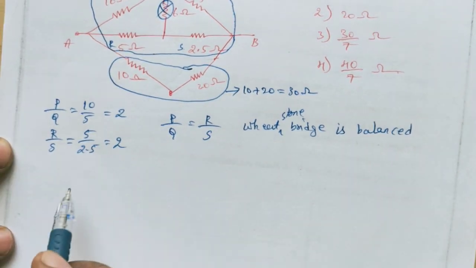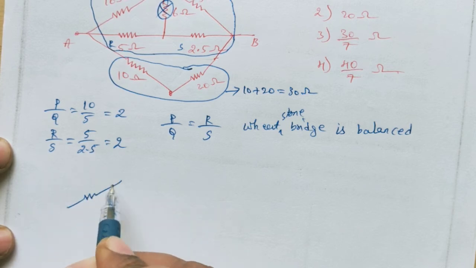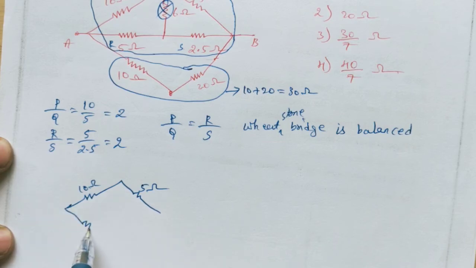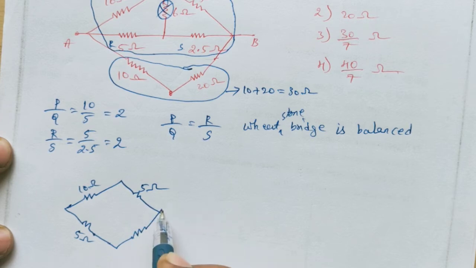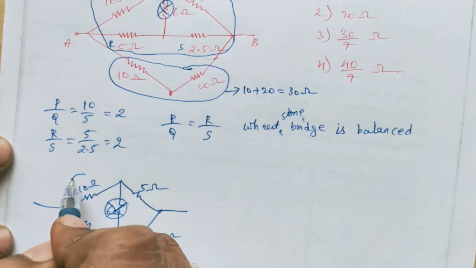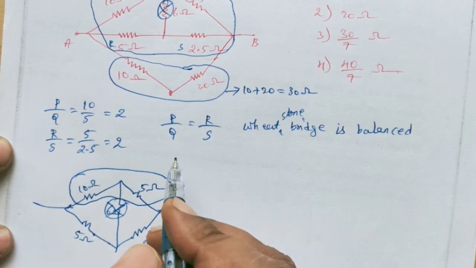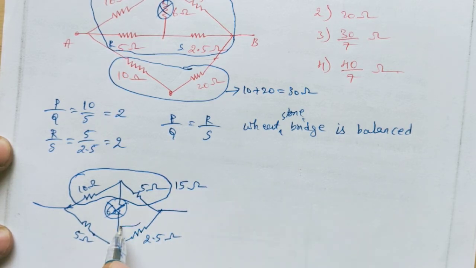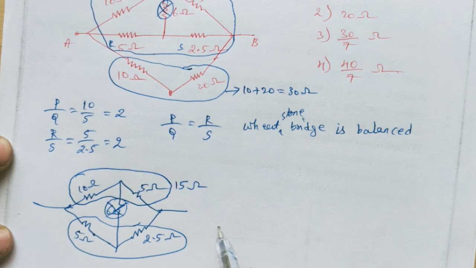Just separately I am mentioning here, this is 10 ohms and this one is 5 ohms and this one is further 5 ohms and this one is further 2.5 ohms. Actually, a 6 ohm resistor is present, but it is not considered. So observe, these two are in which combination, students? Series combination. Now the value becomes 15 ohms. And this one is in which combination, brothers? That is series combination. This one is 7.5 ohms.